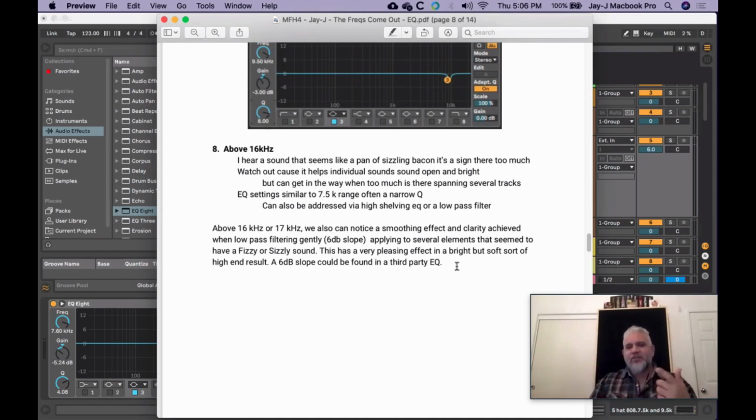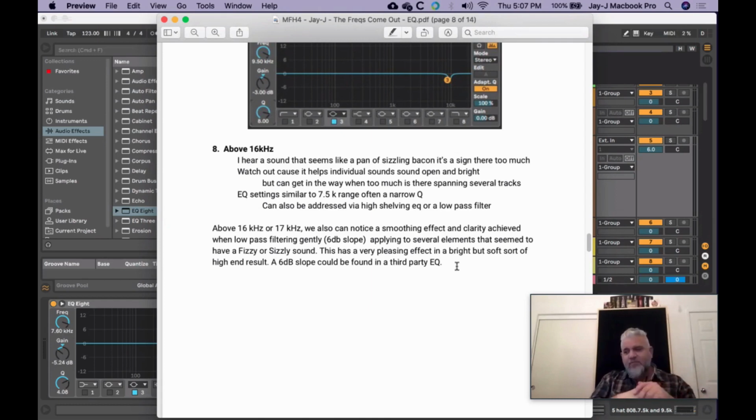But it has a similar effect in that even though these frequencies aren't taking up a lot of space, they're very close together and moving very quickly relative to one another, so when there is a lot going on, all different rhythms and things, there can be a sort of frequency masking happening up there